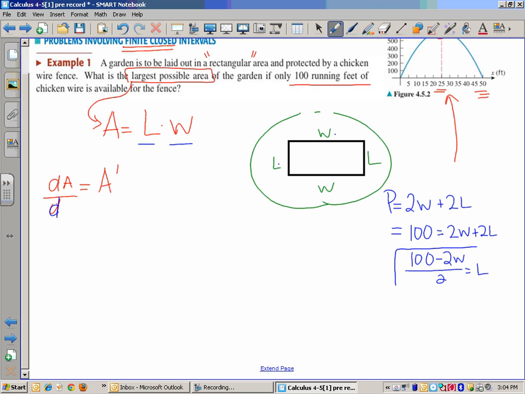So now I'm going to take this and I need to come over here and plug it in here. Okay, so now I'm going to have 100 minus 2w all over 2